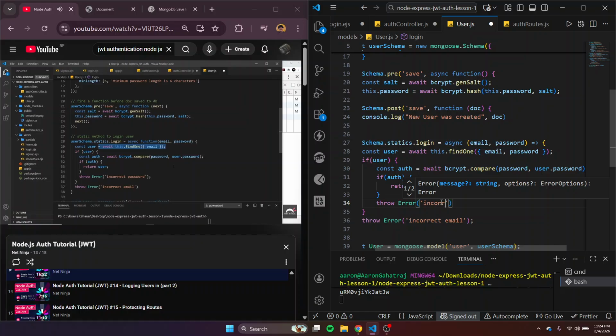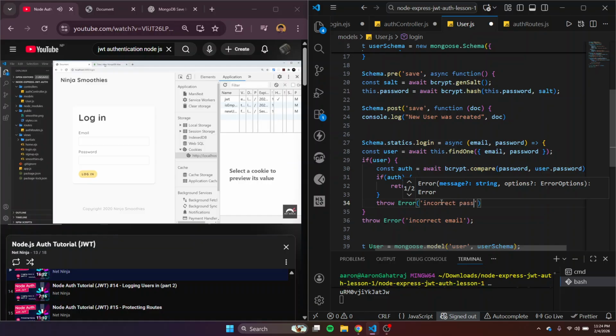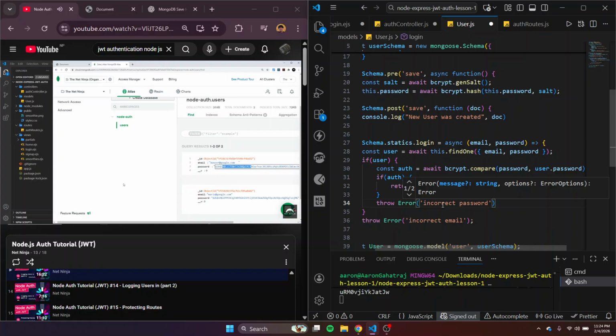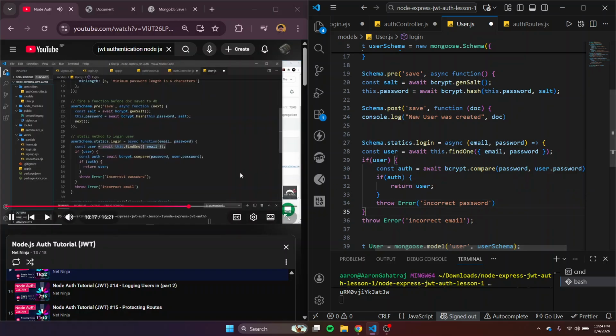First, we make sure that email exists, so it checks for a user with that email inside the database. Then, if it is an email inside the database, we try to authenticate them by comparing the passwords. So if that's true, then we return the user. If this is not true, then we throw this error. Now, if this user didn't even exist in the first place, then we throw this error, alright? So, we created